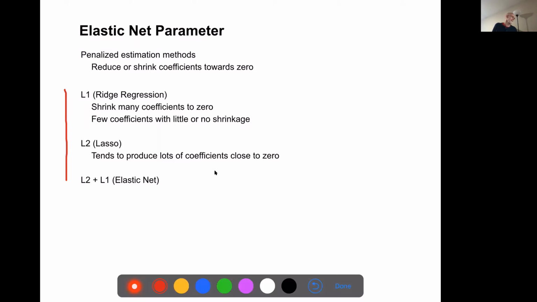So L1 will tend to shrink a lot of the coefficients to zero. So we get a lot of coefficients that are zero, or if coefficients are not zero. And I don't know which ones are better. I suspect that since we have options, it's going to depend upon the data and what we're doing with it.